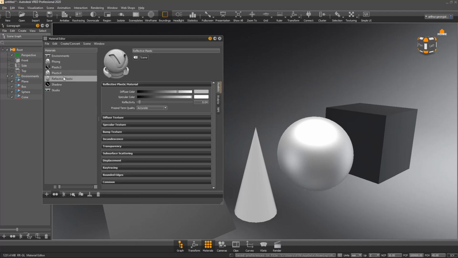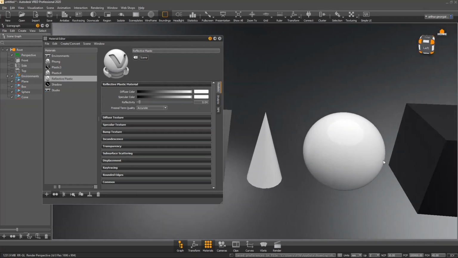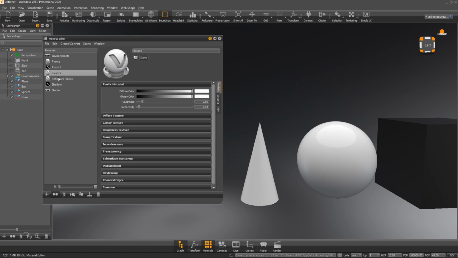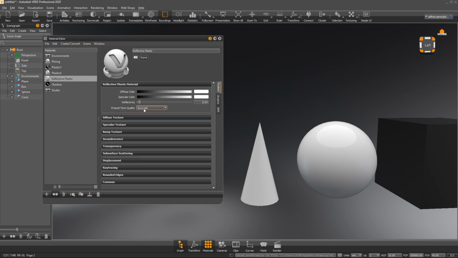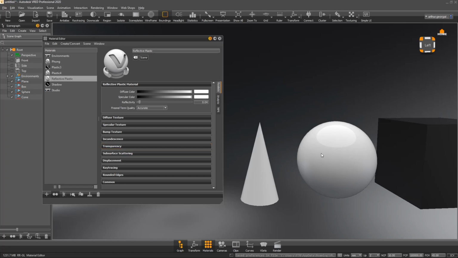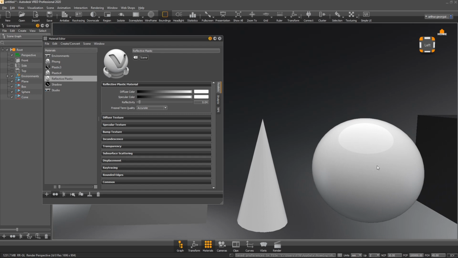We have reflective plastics as well. So the difference here is that the reflective plastic has another layer of reflectivity to it in the way it actually calculates it as well. So it doesn't actually have a roughness texture option because it's absolutely going to be shiny and glossy. So if you know there's somewhere that's going to use a reflective plastic, so you know, areas on,